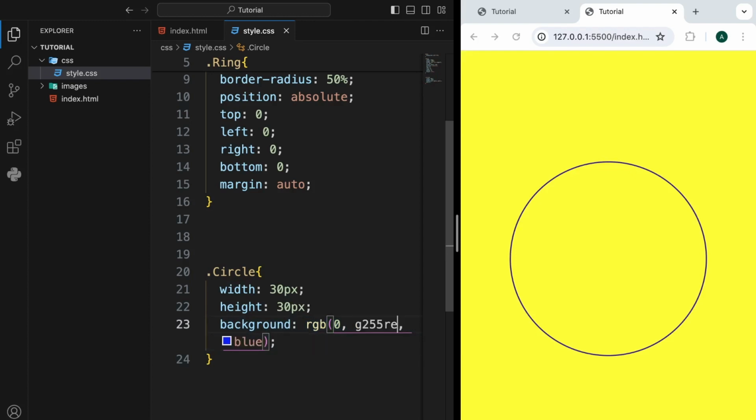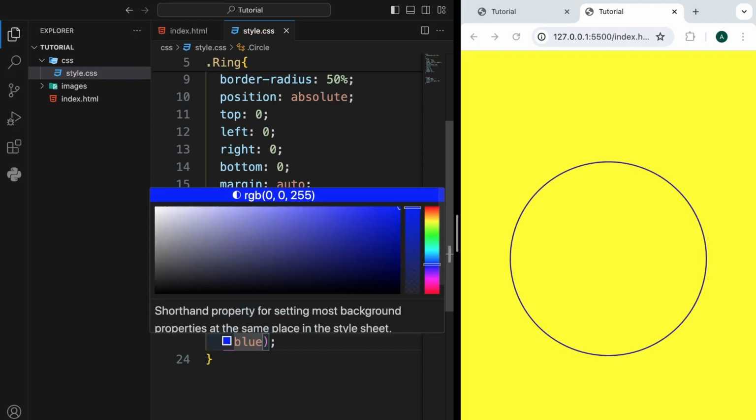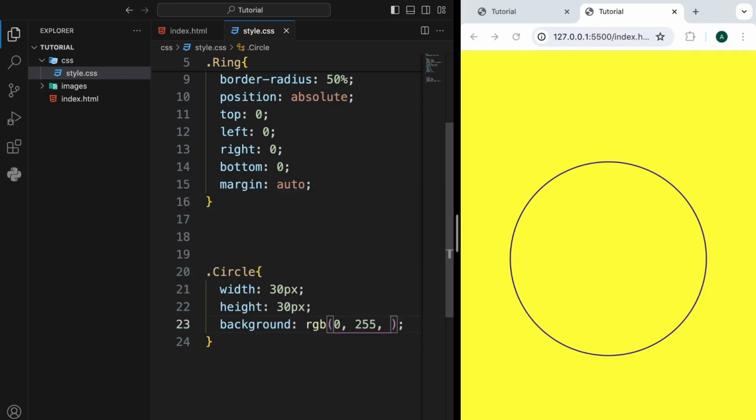And then for our blue color, let's give it a 13. Okay, and save. So once you give it a background, then you can see the background of our div,